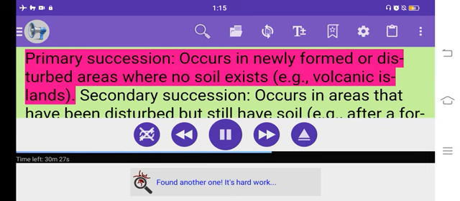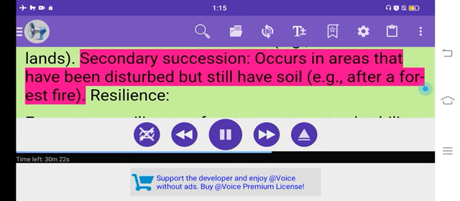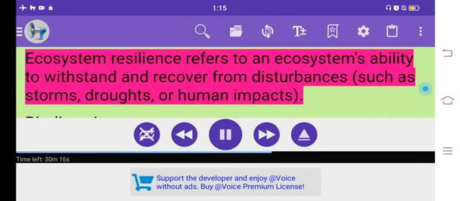Primary succession occurs in newly formed or disturbed areas where no soil exists, e.g., volcanic islands. Secondary succession occurs in areas that have been disturbed but still have soil, e.g., after a forest fire. Resilience. Ecosystem resilience refers to an ecosystem's ability to withstand and recover from disturbances, such as storms, droughts, or human